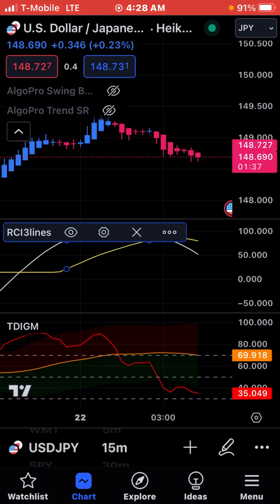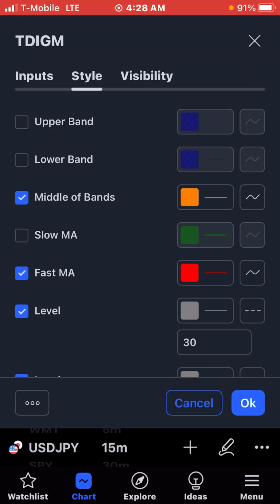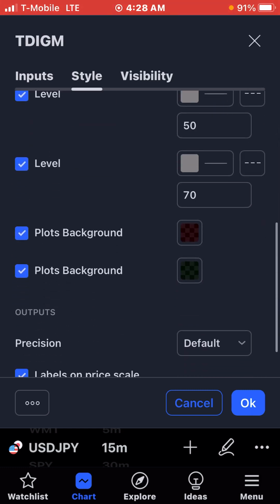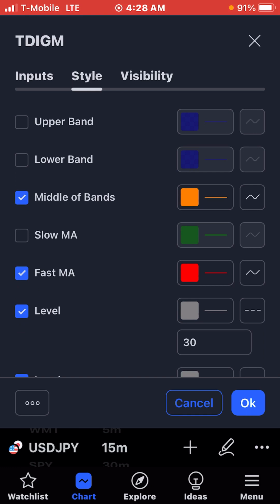And then the TDGMI, I have it really customized. I have the upper and lower band checked off, and I have the slow MA checked off, and that's about it. So check all those off if you want to do it my way. If you want to do it his way,